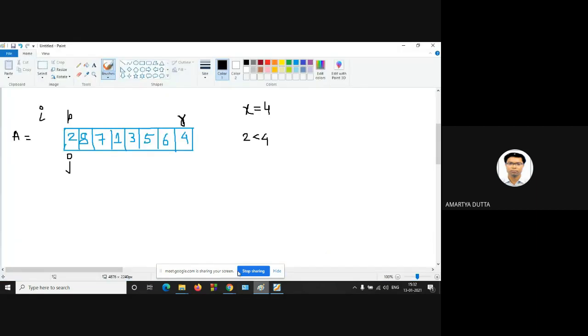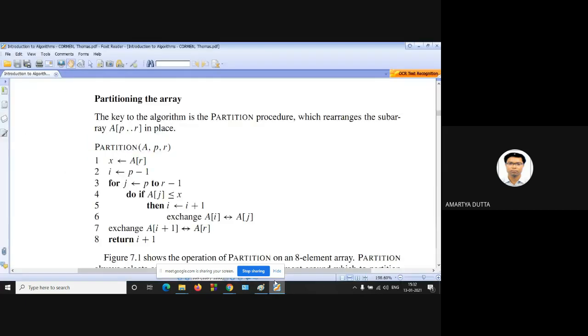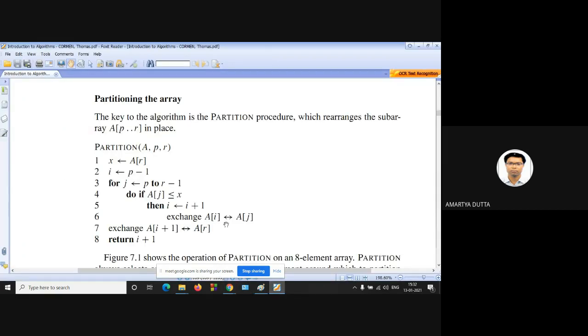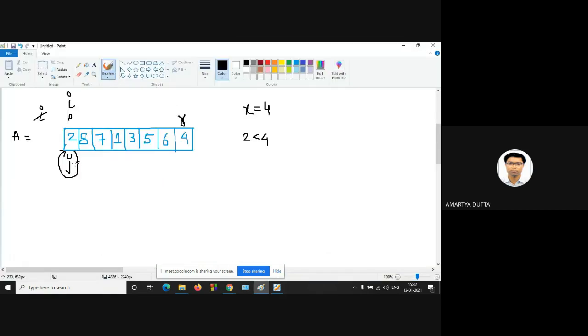So increase the value of I. So new I value will be at this position. Then exchange AI with AJ. So exchange 2 with itself. Okay. Next, increment the value of J. So next J value will be at this position.